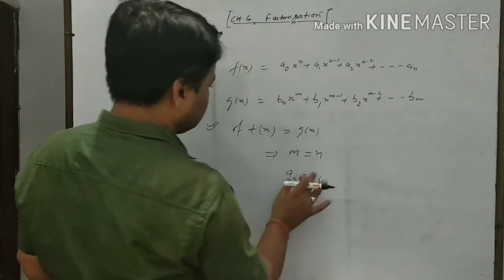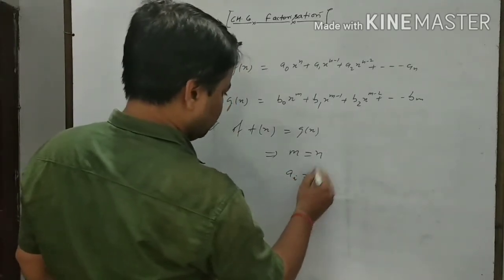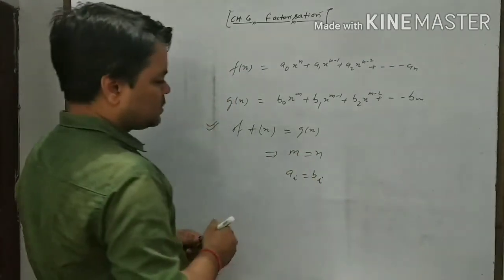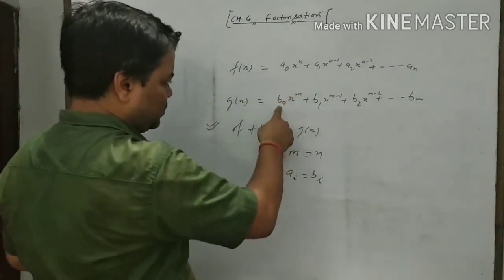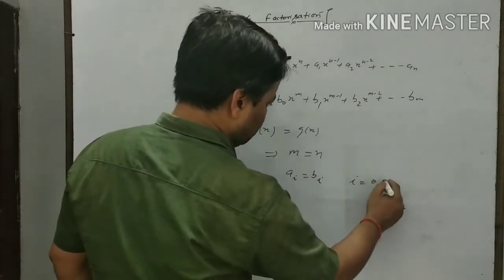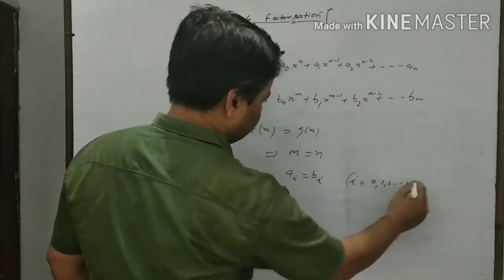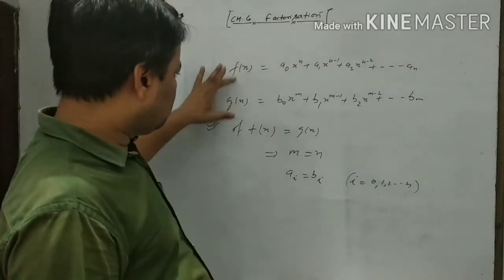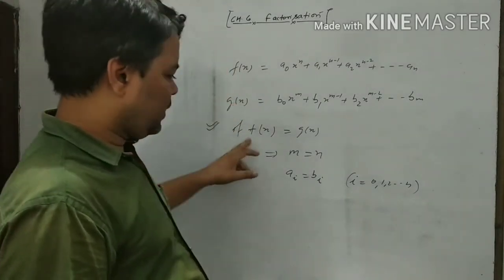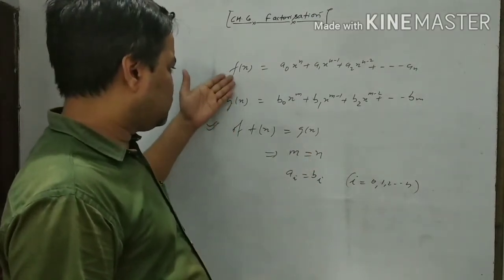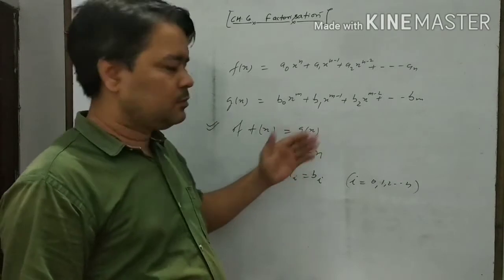It means we just change the letter: ai is equal to bi, just like a0 should be equal to b0, where i is equal to 0, 1, 2 up to n. Like that. Means if the two polynomials are equal,